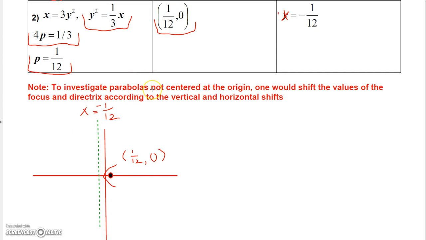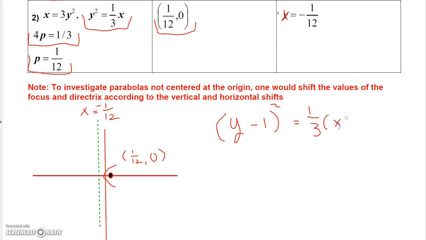Now, if you want to investigate those not centered at the origin, one would simply shift the values of the focus and directrix according to vertical and horizontal shifts. So for this particular parabola, if you had y minus 1 squared equals 1/3 x